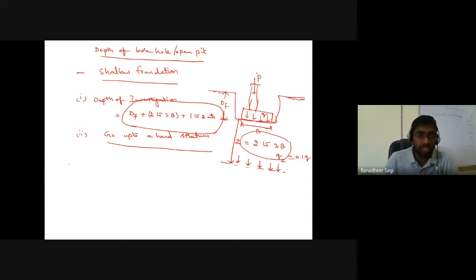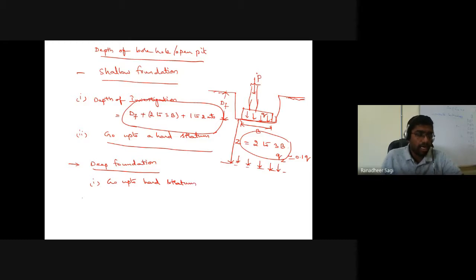In case you are coming across a deep foundation, the type of foundation you want to construct is a deep foundation. So in such case, what should be the depth to which you want to carry out your soil exploration? In the case of a deep foundation, the depth to which I should carry out my soil exploration or geotechnical investigation is obviously up to a hard stratum, or I can say it need not be a very hard stratum like a rocky strata, at least